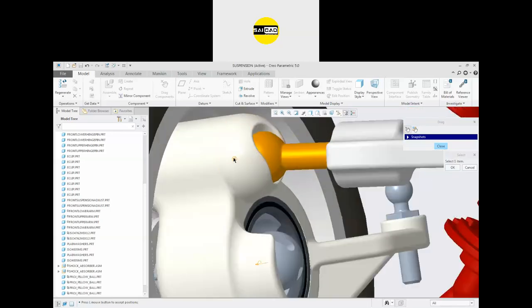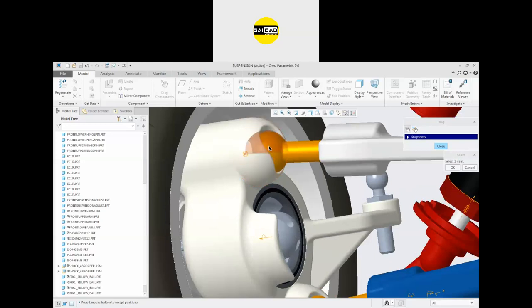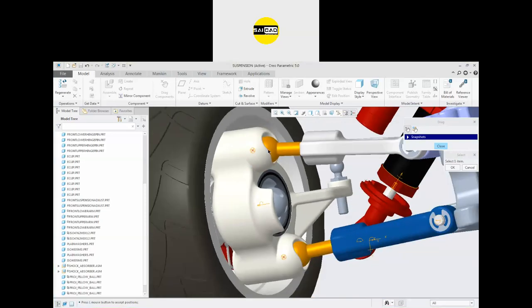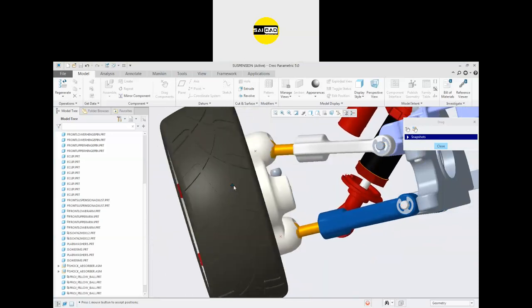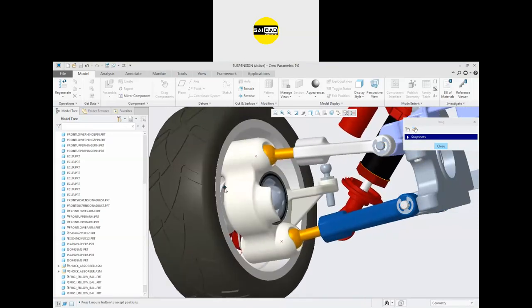Because I have selected the tips, that's why it is doing like that. If I select the center point from there, so that these objects will rotate properly. Okay, so the ball will basically rotate around the 360 degrees. You just have to apply some angle up to where we want to rotate the object.